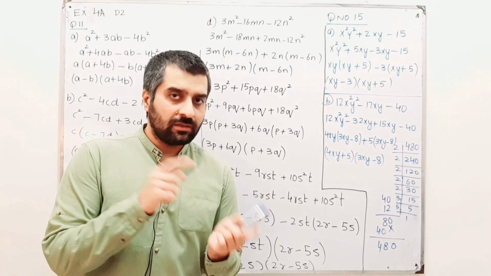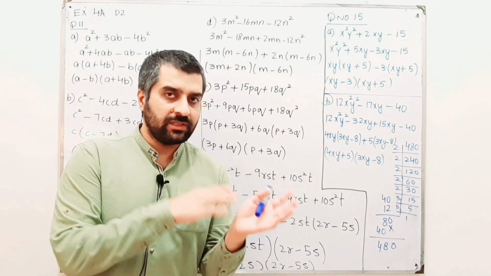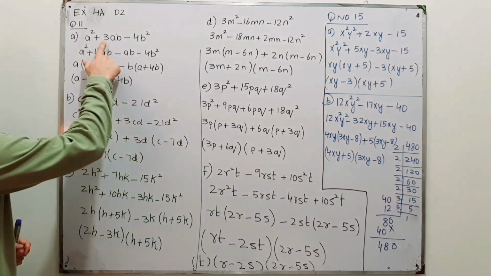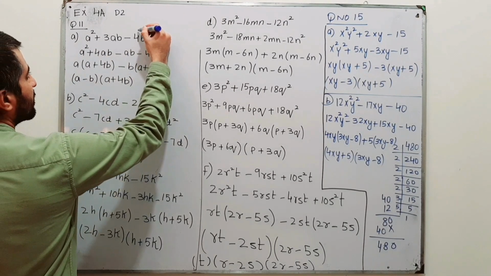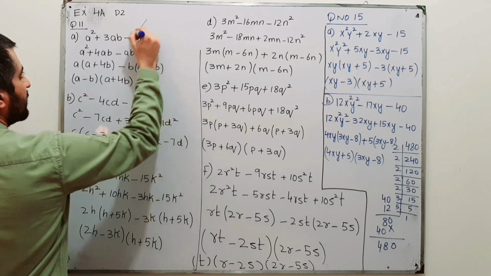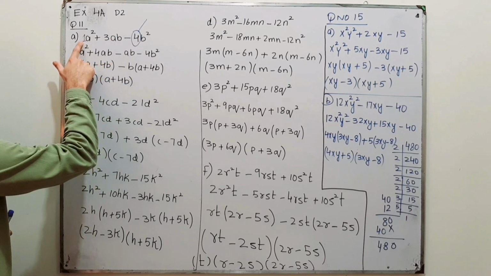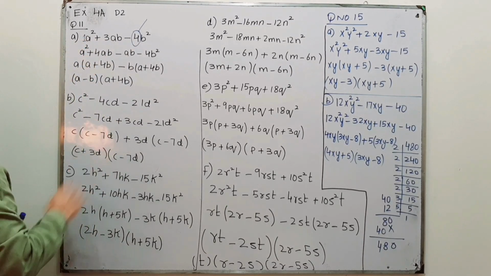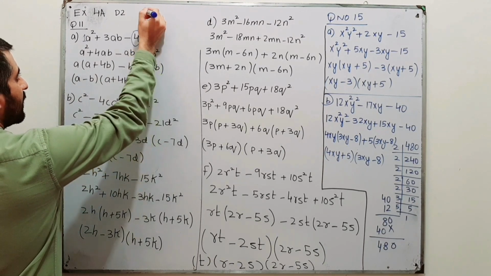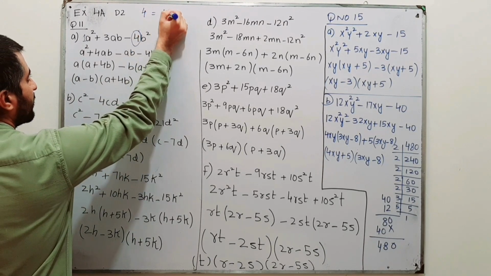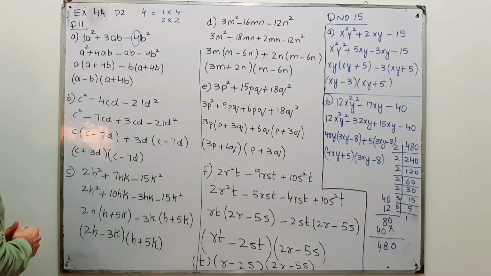we have to break the midterm in two component parts, in such a way that this number 3 should be the result of the addition or subtraction of factors of this number. Here we have got 1. Initially we multiply 4 and 1. 4 into 1 is 4. Now factorize 4, and the possible factors of 4 are 1 into 4 and 2 into 2.